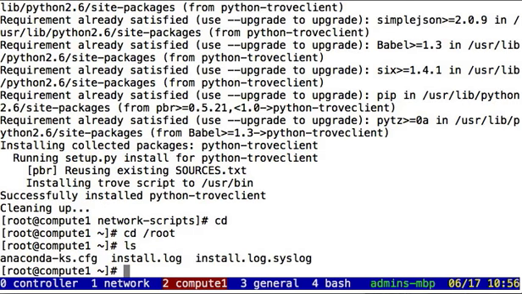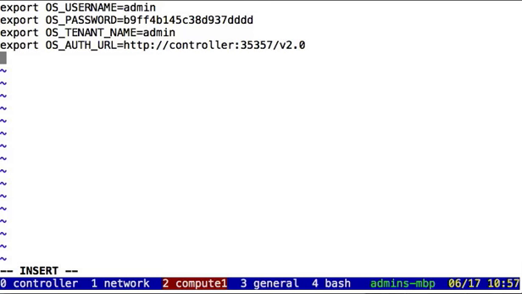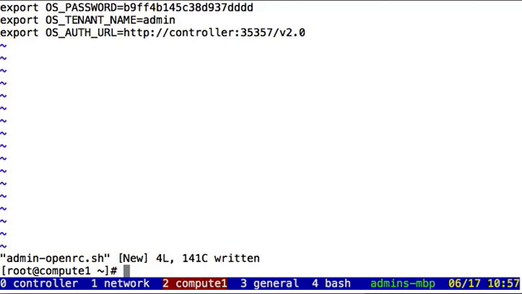Now we're on the compute node. Same thing. See, it's called admin-openrc.sh. And we're pasting that in. Okay, so now we've created